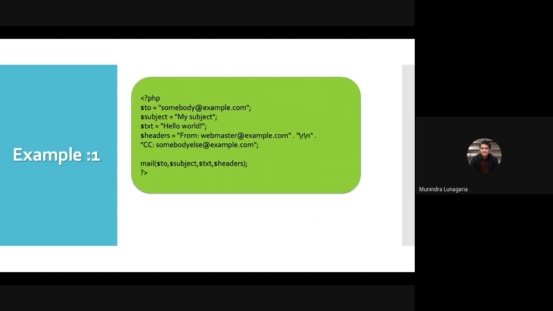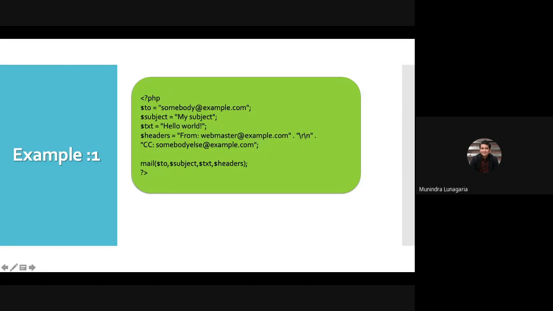Take a look at this. In PHP, to means you need to write the recipient email ID over here in double quotes, then the subject you want to add, then the text, message, or body. Then the headers, basically from, with backslash r backslash n, and then cc, bcc, whatever.